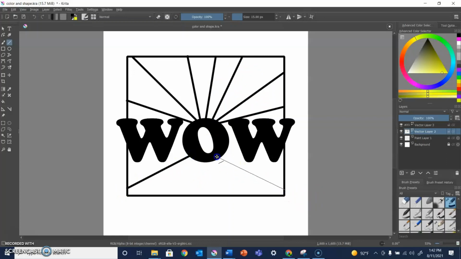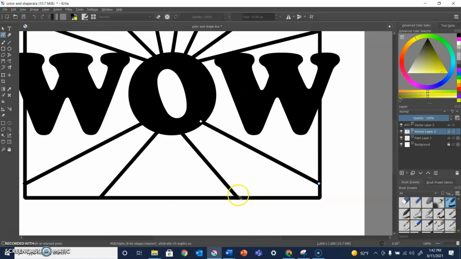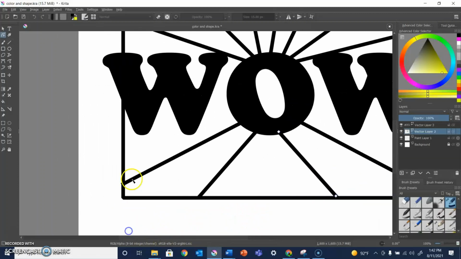But I'm doing it in the vector layer because I want to adjust these lines again. And when it's in a vector layer, I can select, use the Edit Shapes tool to move around the nodes, the points of the line, like make sure that nothing sticks out, moving them around. See how that one sticks out a little, and I can adjust it and make sure that it's, there we